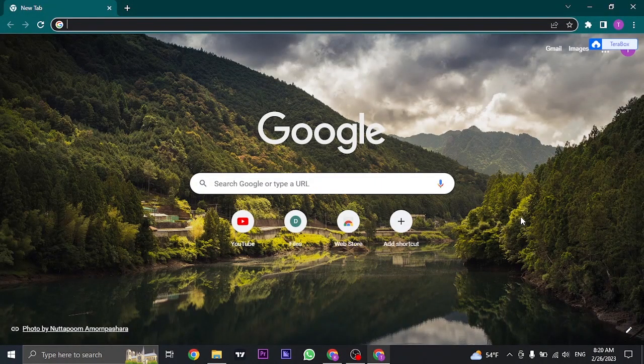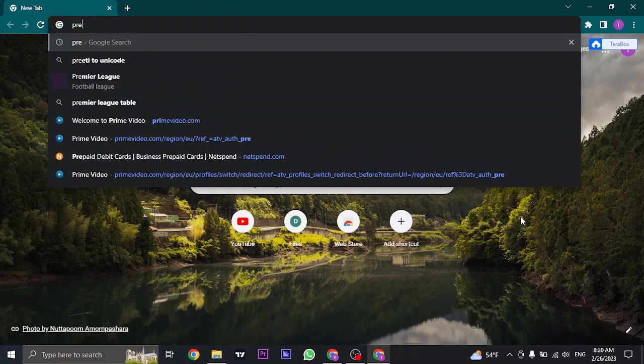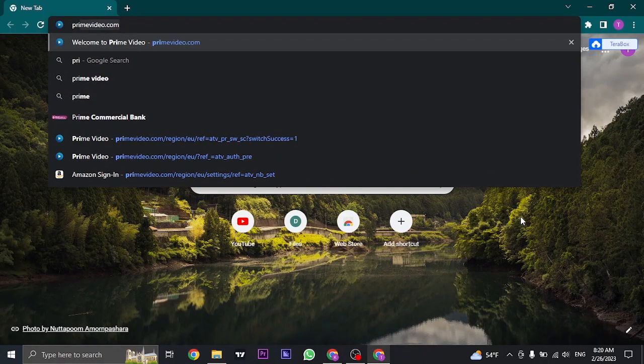Let me show you the process of changing the password on Amazon Prime Video. If this is something that you want to learn, then make sure you stick till the end without skipping any part. To change your password of Amazon Prime Video, you'll need to open up the website because you wouldn't find an option within the mobile app. So search for primevideo.com on your web browser